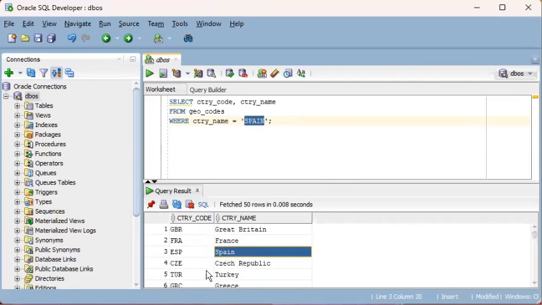Here, Spain is in this kind of format, title case. So now there are two ways to get around this. You are looking for this record, Spain, but you could not find it although it's there. It's because of the case sensitivity rule being applied,